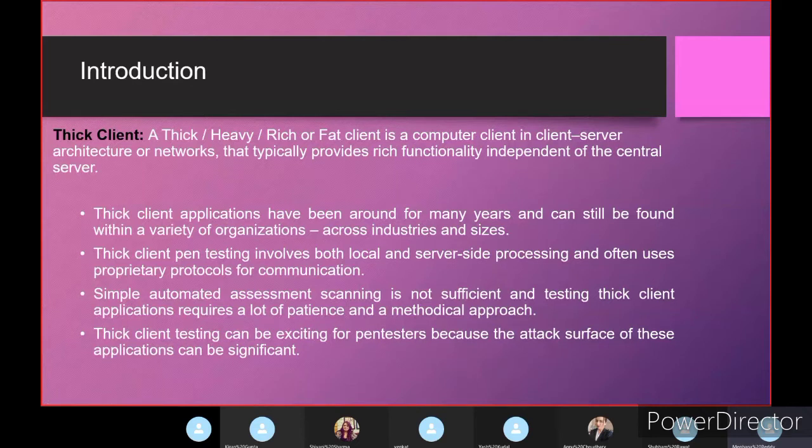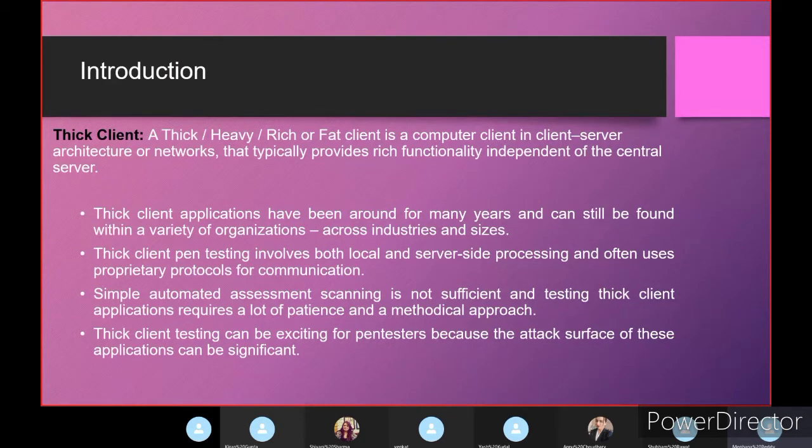So a simple automated assessment scan is not sufficient, and testing a thick client application requires a lot of patience and a methodical approach. Moreover, the process often requires specialized use of tools and a custom testing setup.